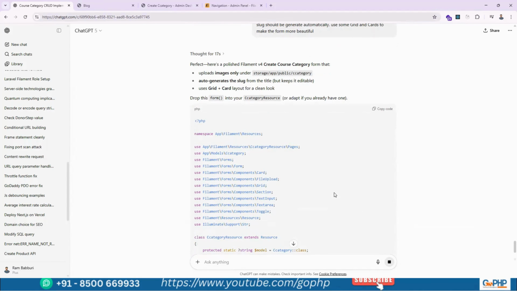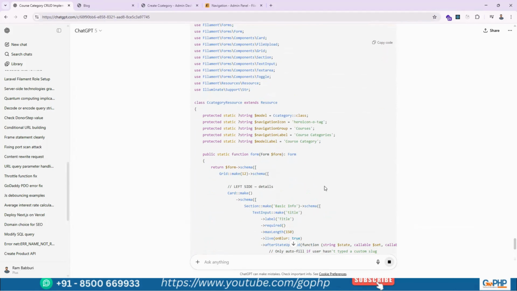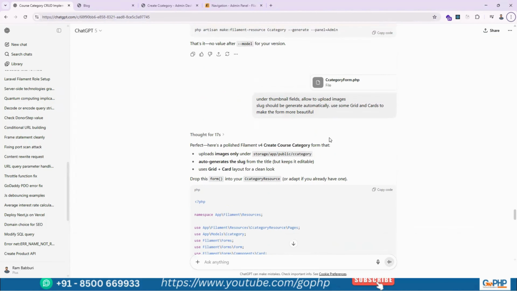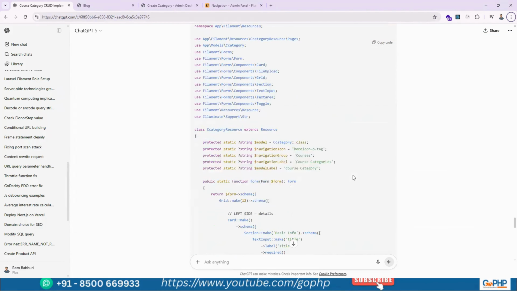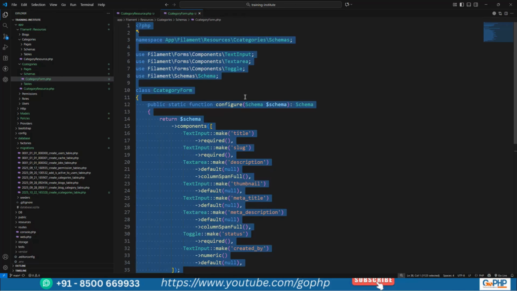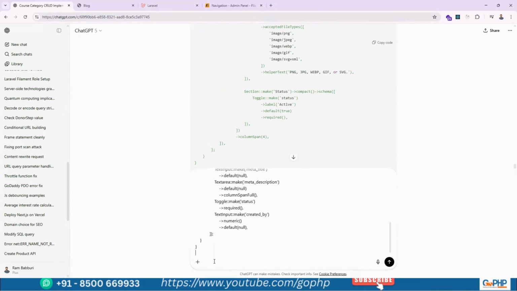Perfect. And it is giving the file, and we will copy this code. Category resource. I uploaded a different file, right? I uploaded the category form. So it is giving something wrongly. Below is the existing code that is already working. Already working. Okay, right. In the above file, generate the slug automatically,